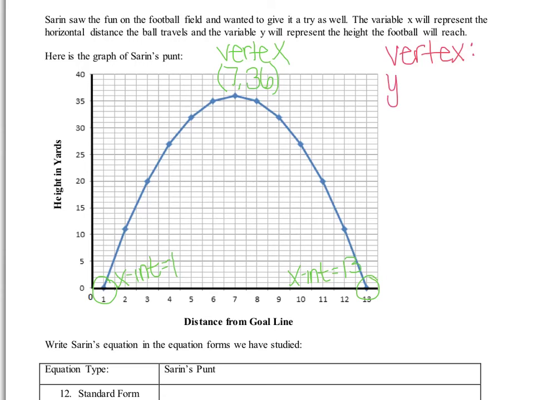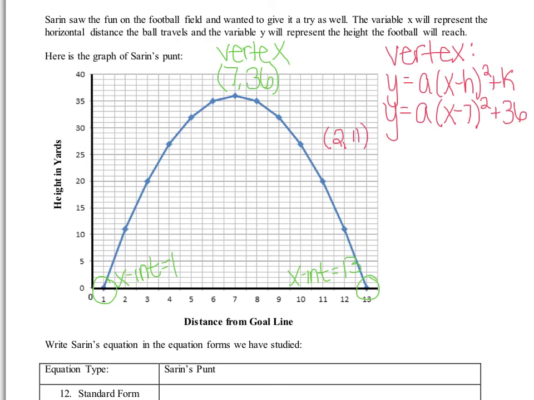We know the general equation is y equals a times (x minus h) squared plus k. And remember, we know that our vertex is (7, 36), so a and then (x minus 7), because it's the opposite, squared plus 36. So now all I need to do is find a. I can pick any point on the graph, so I'm going to pick (2, 11). It doesn't matter. I'm going to plug that in, so I have 11 equals a times (2 minus 7) squared plus 36. I need to take away my 36,